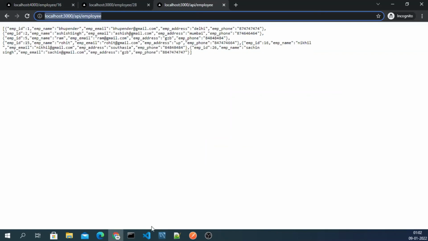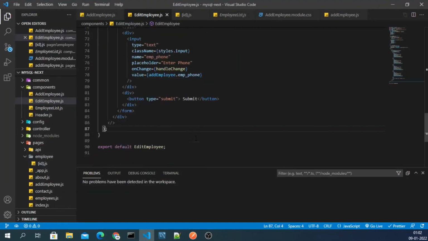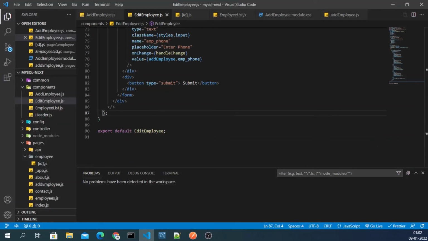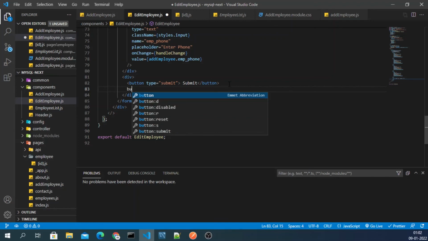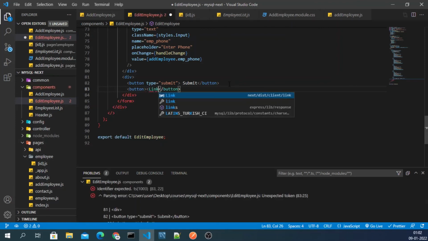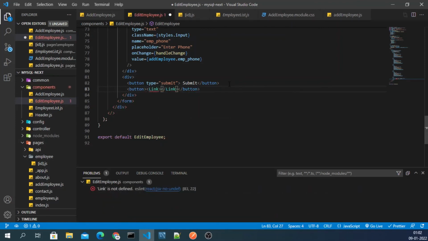For that I'll simply go down here, below the submit div, and just below the submit I will also give one more button, and inside this button I will use link, and inside link I will use go back.